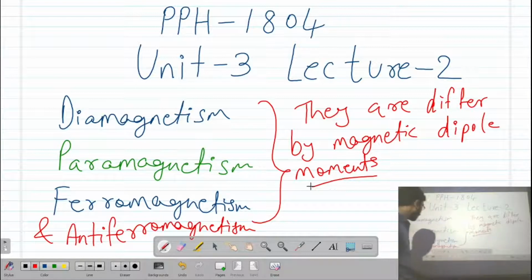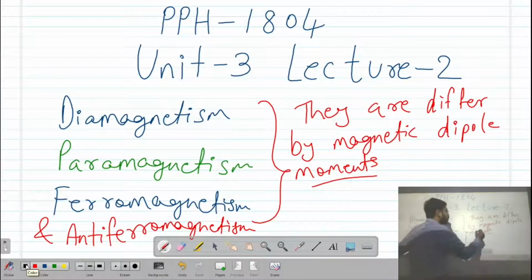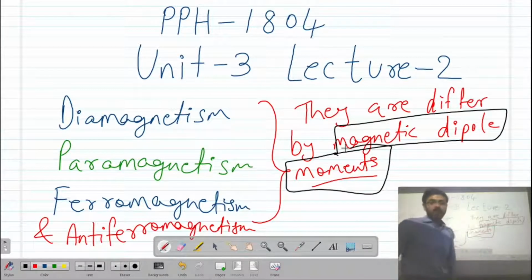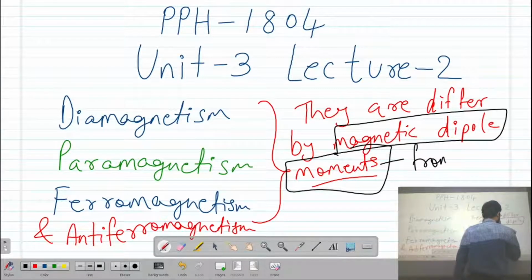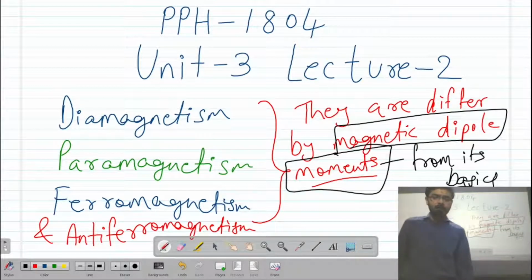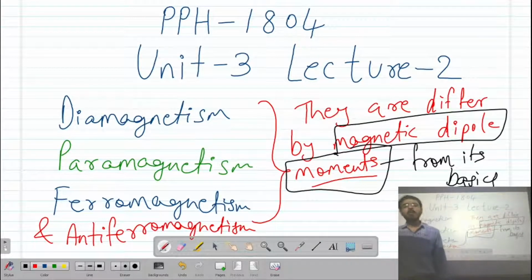We have also seen the origin of magnetic dipole moments, right? From where do the magnetic dipole moments actually exist inside a material? We have seen through its atomic structure, from its basics, where magnetic dipole moments originate. Then we have seen how the magnetic dipole moments are oriented in paramagnetic, ferromagnetic and antiferromagnetic materials,